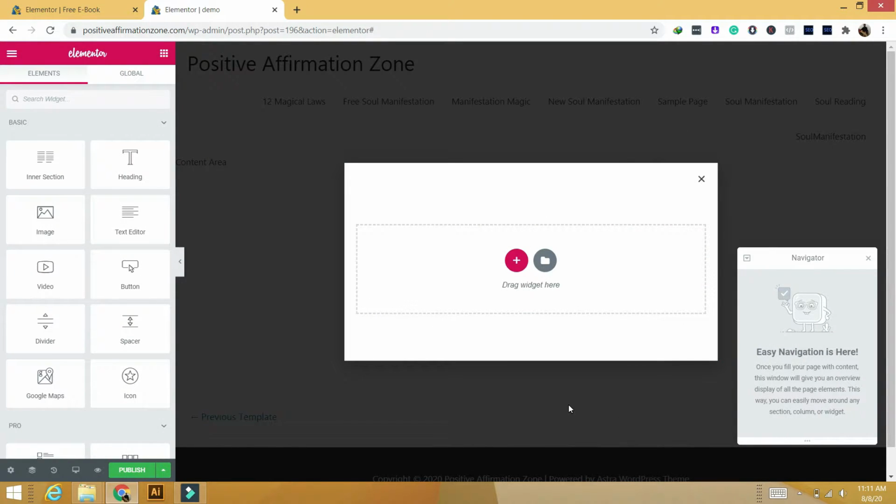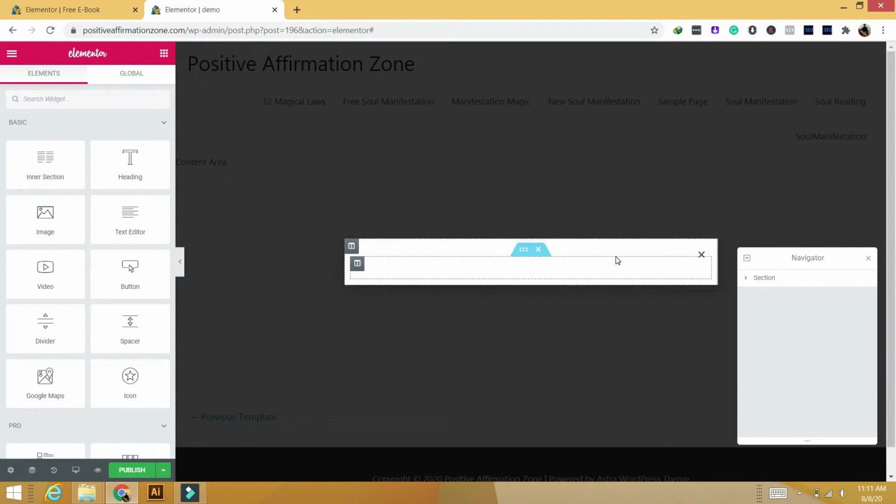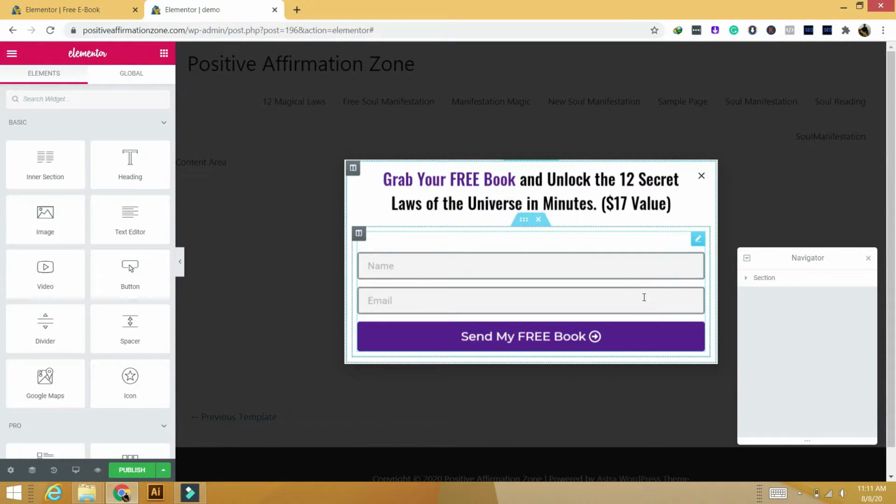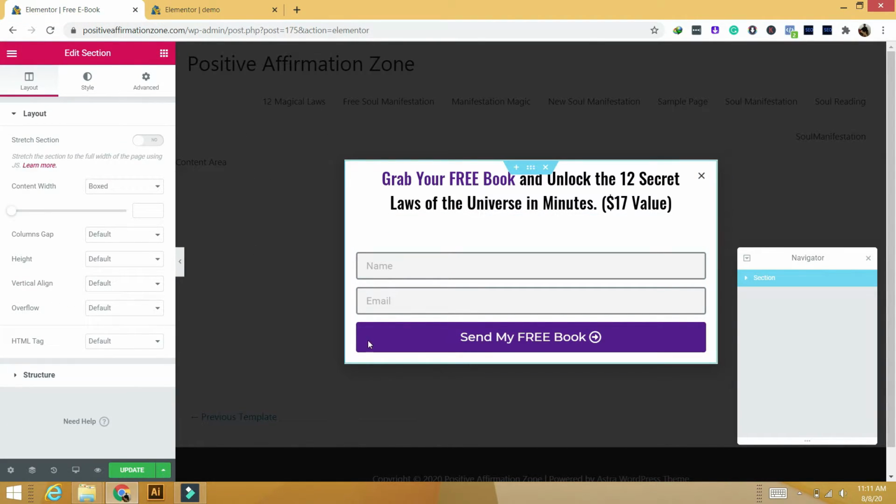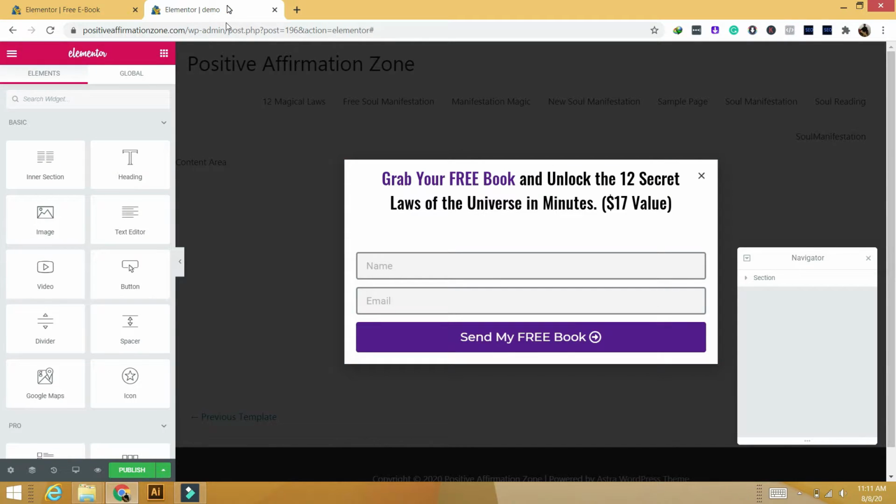Now what you have to do is simply right click here and hit paste. So you will get the exact pop-up that we created earlier in this section. As you can see, the exact pop-up is created and you can use it.